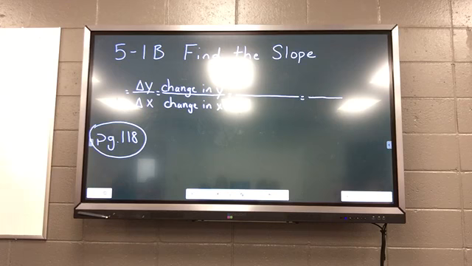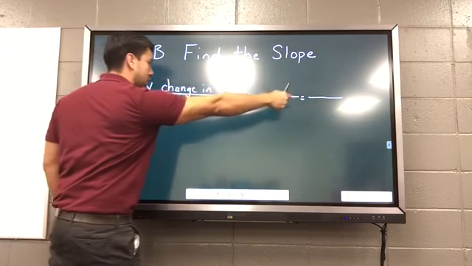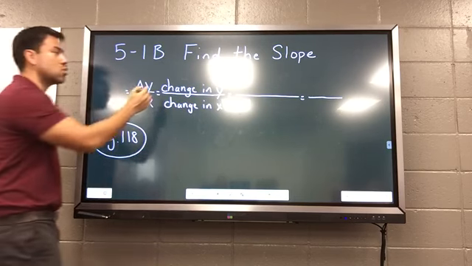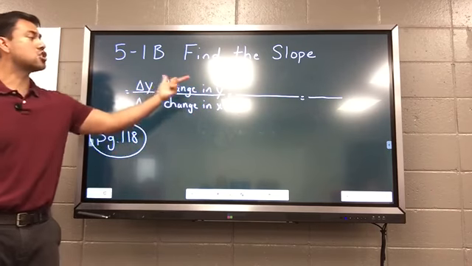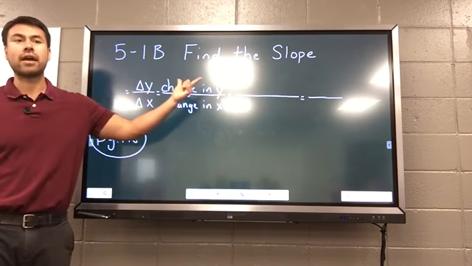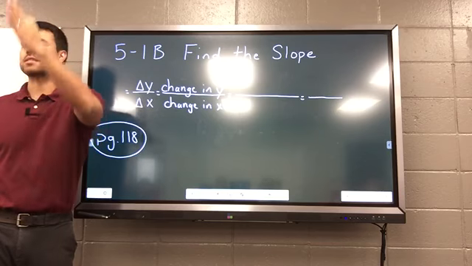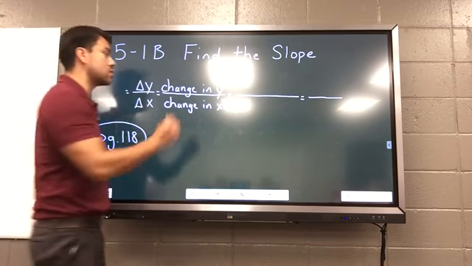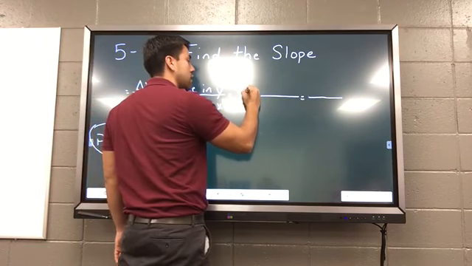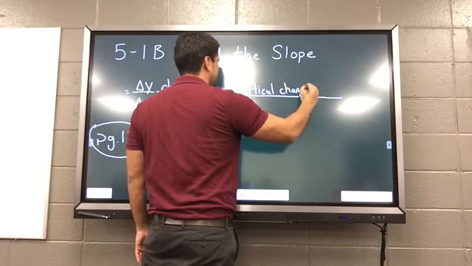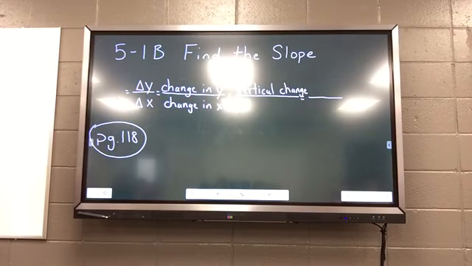Okay, but I have two other equal signs here on the right side, and then I have another one over here. There's a lot of things that this equals. So change in y over change in x. Change in y. Think of the y-axis. What's the y-axis? Can you guys kind of picture it for me? Yeah, good. What axis is that? It's the vertical axis. So we say change in y refers to the vertical change. And I hope that makes sense, because if we're talking about the y coordinates, we're talking about vertical coordinates. Wouldn't that be y2 minus y1